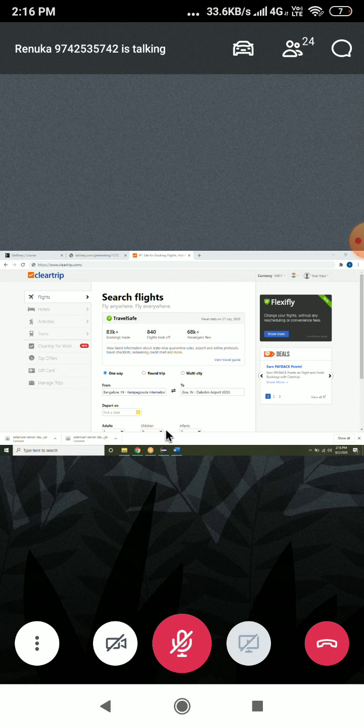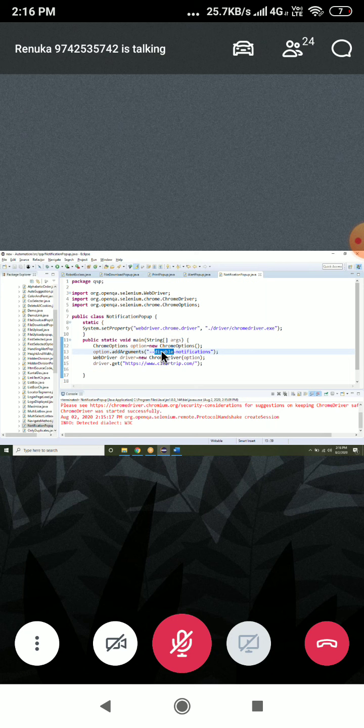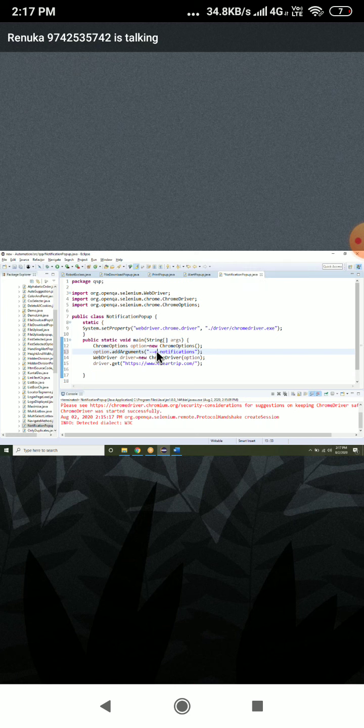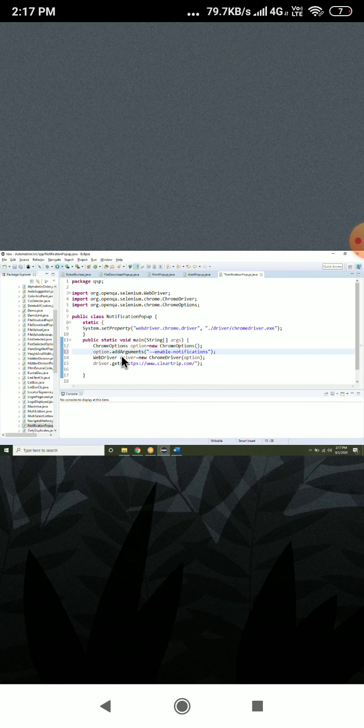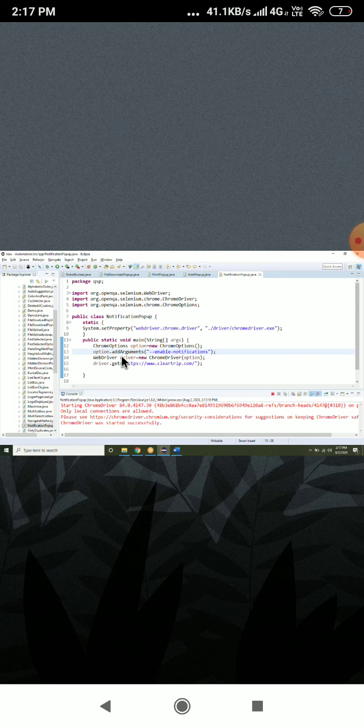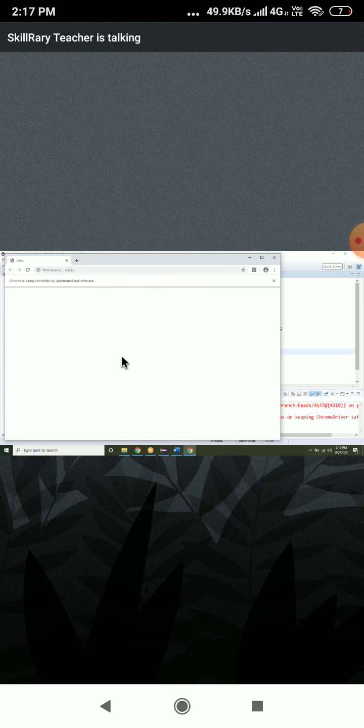No, sir. Like now, if I do allow notification, fine. But for the current notification that I'm getting, I just want to click on allow. That is not possible? We will see that. It is enable once, enable notification. Only one time.